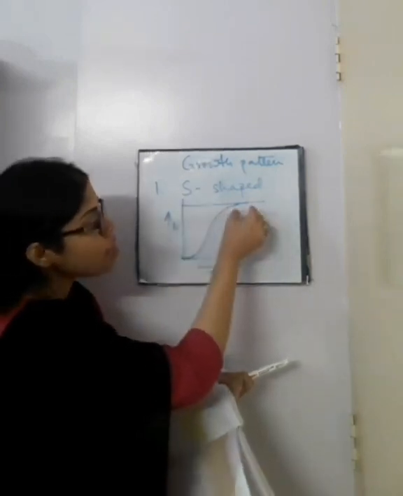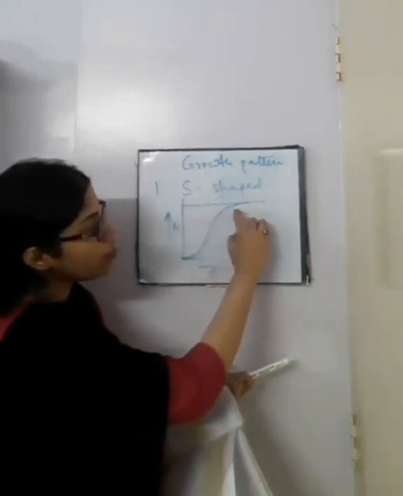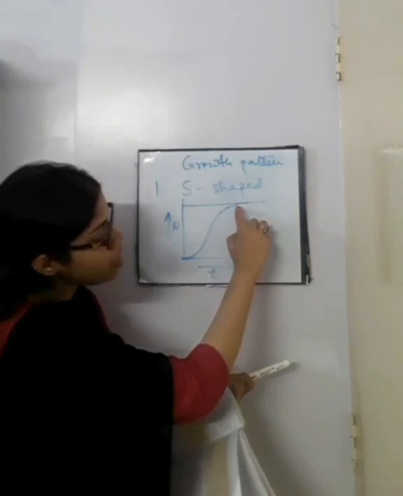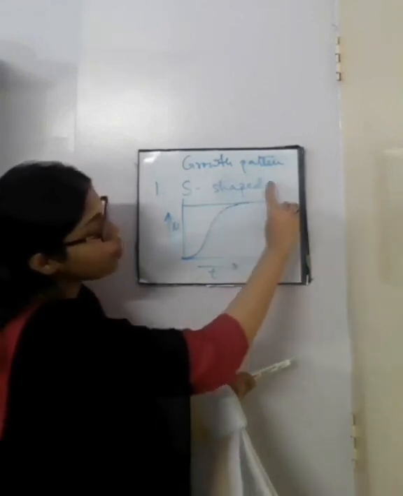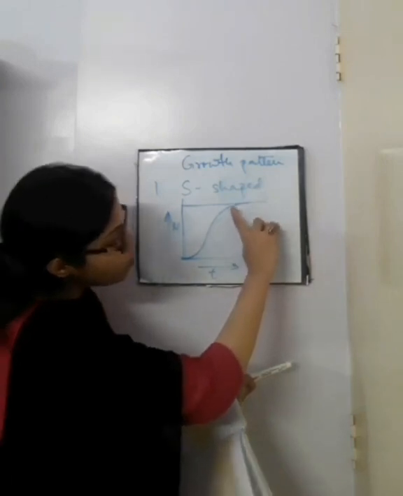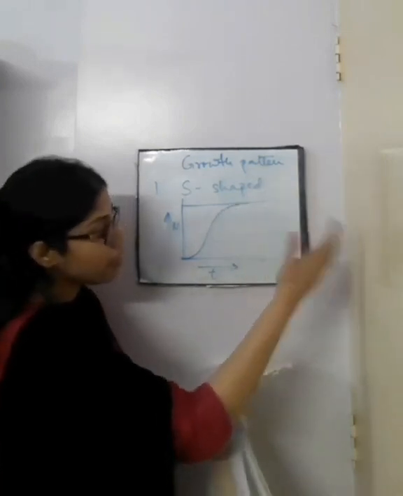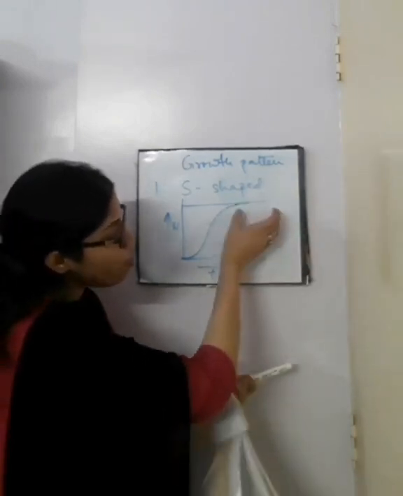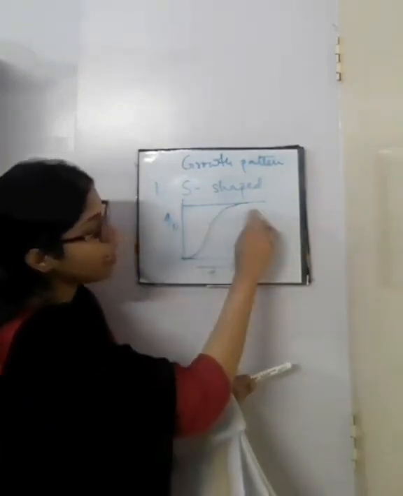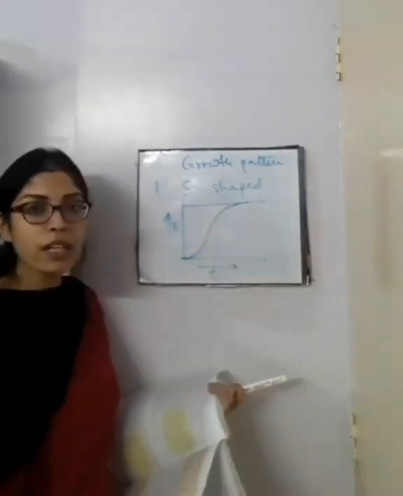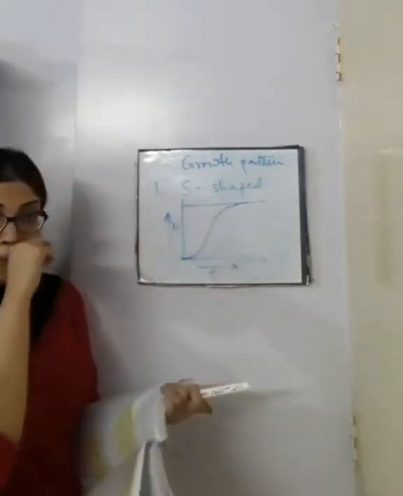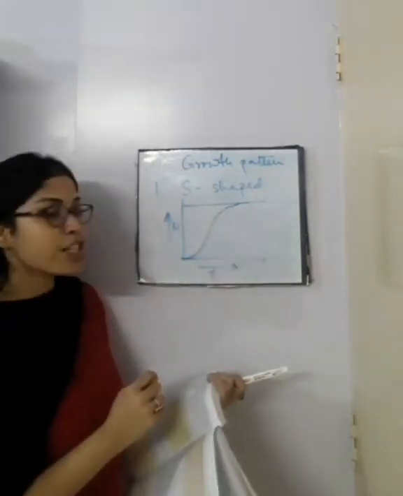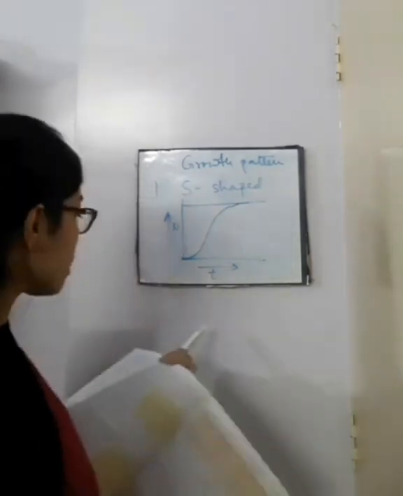So at the last phase, the growth curve reaches the carrying capacity and stays the same with it. It is not growing beyond it, and it will come down at a much later time. It will come down, but for a very long time it stays the same as the carrying capacity. So this curve looks like the shape of an S. It is known as the S-shaped curve. Moving on to the next